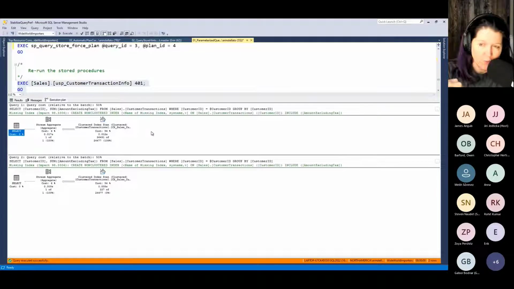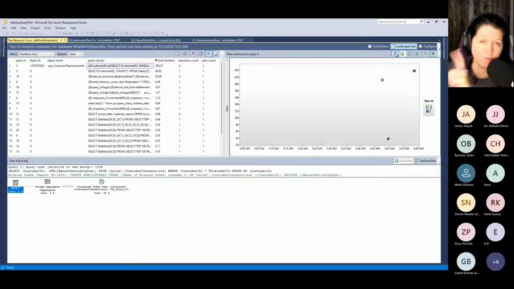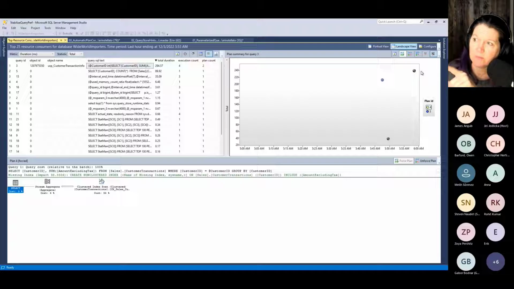Now, how do I know that this is the forced plan? Well, there's two things that you could do. The first one, which is probably what you'll do most often, is you'll come back in here and refresh this view. And you can see now that we have that plan 4. We've got another dot with it that has a check mark. So I can see that the forced plan is being used. And if we continue to run this stored procedure over and over again over the course of time, you would continue to see that yellow dot with the check mark on it, indicating that that's the plan that is